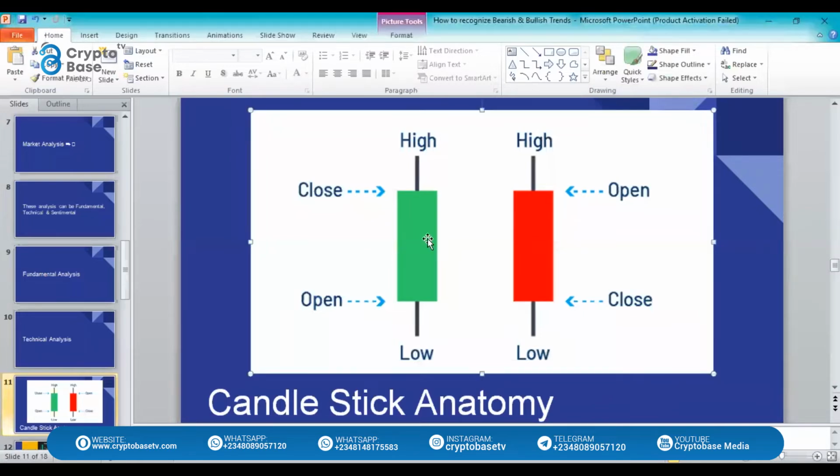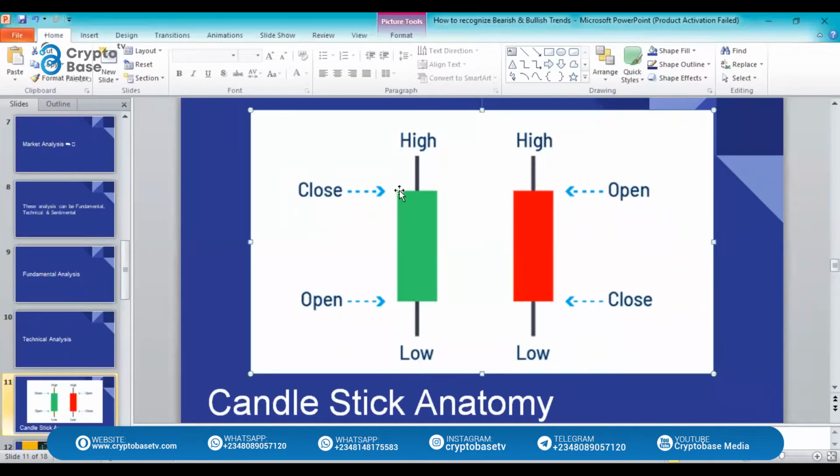This is candlestick anatomy, guys. So you're a newbie and you are just seeing this, or even sometimes people that are not new get to forget stuff like this. If you see a green candle and you see a red candle, these are what form a candlestick, and these are the candlesticks that form the price charts, guys. So this green candle opens below and then it closes on top. That is how a green candle is.